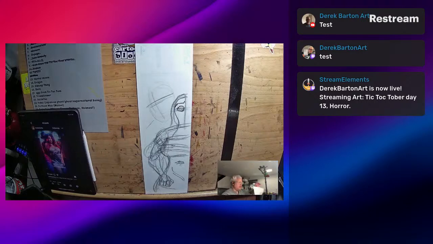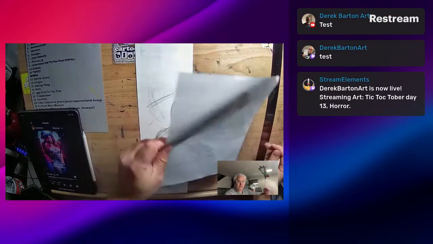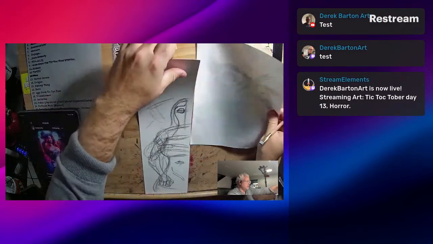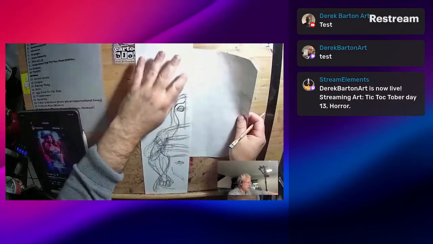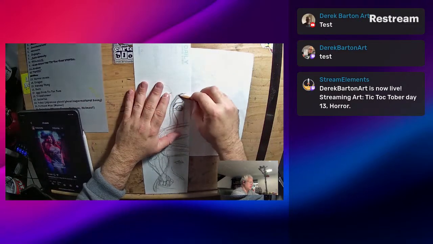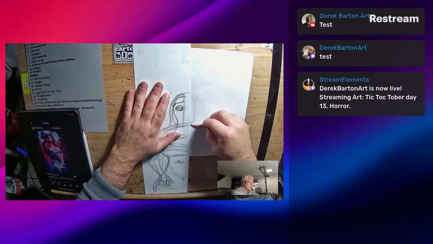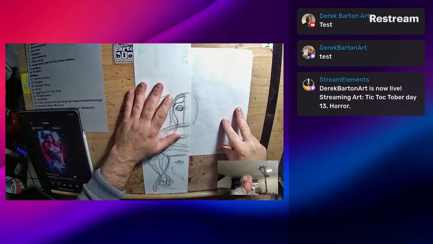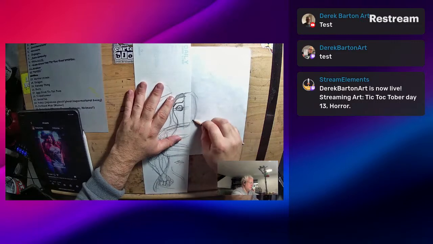There we go. It's a sketch I did a while ago that I've been meaning to put over to a larger board. Sometimes what I do with the piece of extra paper here, if I know I'm going over, is try to figure out